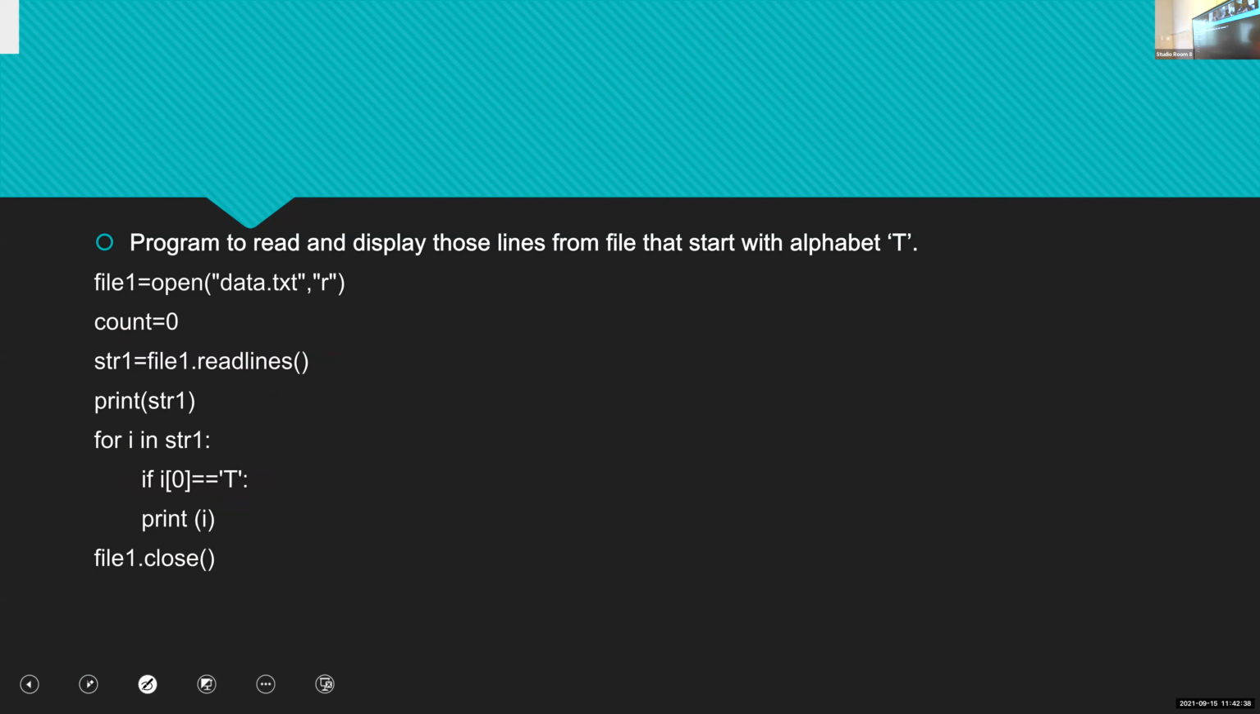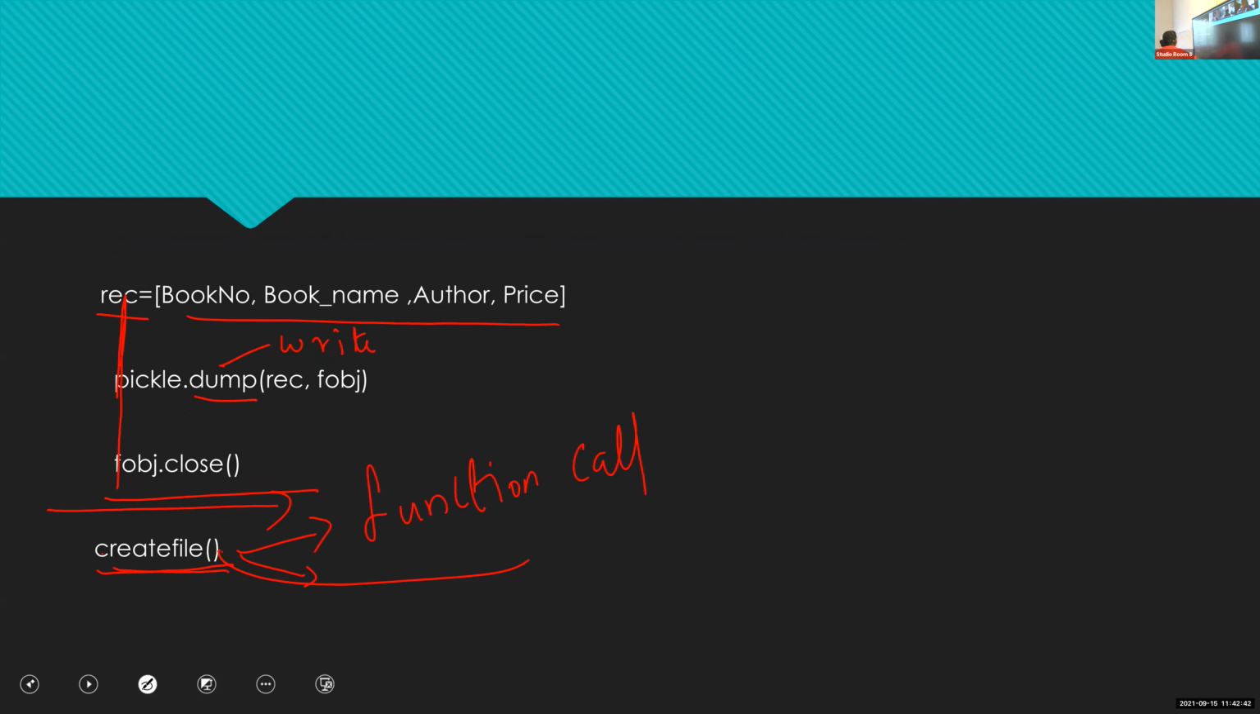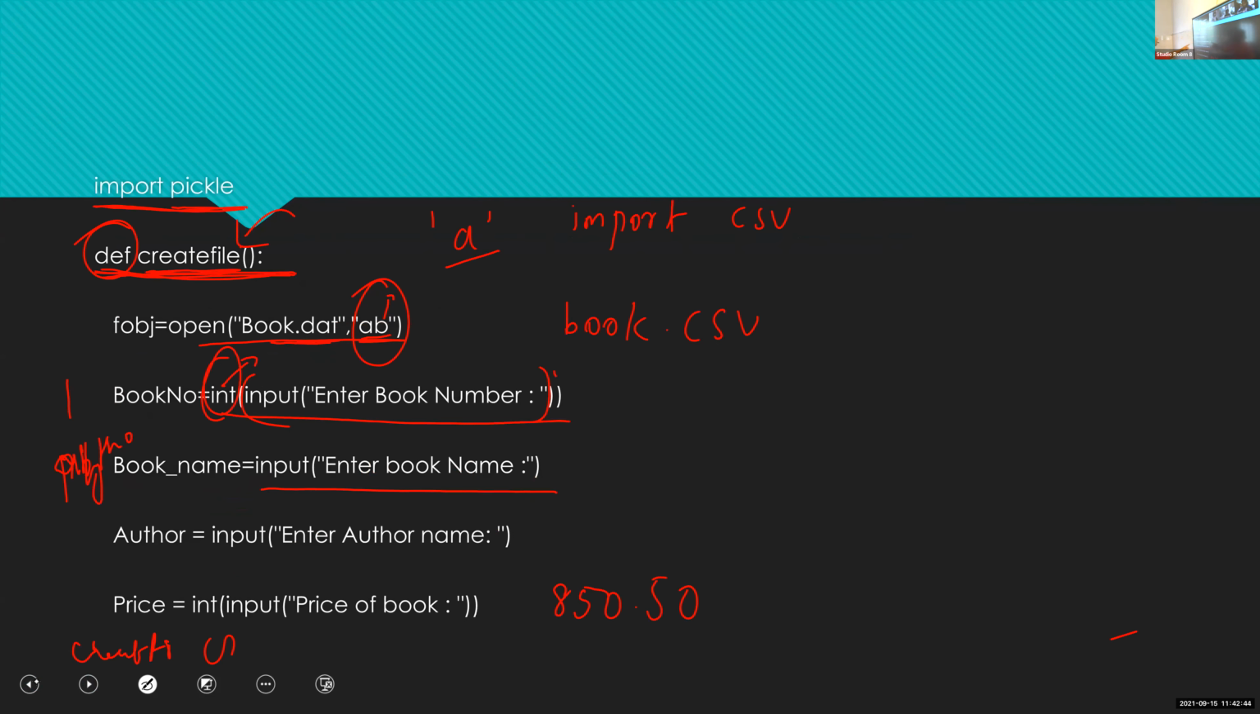The output of the program is: enter book number, enter book name, enter author name, price of book. Then you just press enter, nothing will happen because the data are written to the binary file. We can't display the content. Okay. So the output is